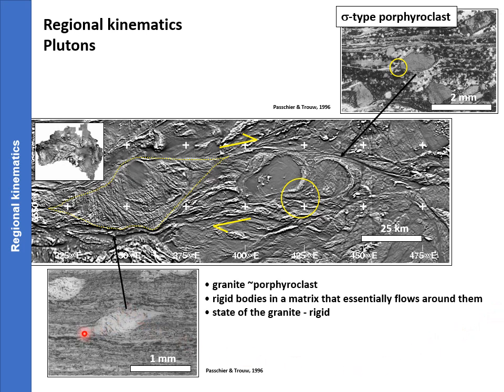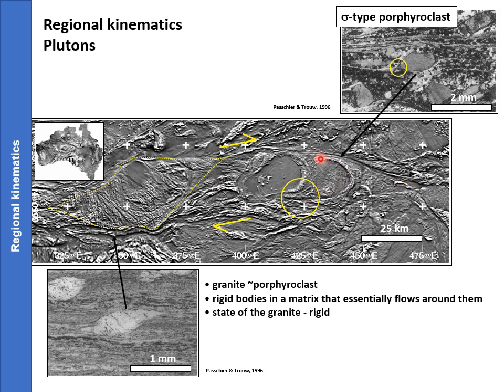Here's another example. Here's an asymmetrical porphyroclast in a shear zone, and here is a granite with almost identical patterns. And whilst the processes in which these deformations occur are very different, the patterns can still be interpreted the same way. So when the structural geologist would look at this pattern and say this is a dextral or right lateral shear zone in the view that we're looking at, you would also be able to use the shape of this granite to interpret the same response. Interestingly enough, this shear zone, which is called the Yerta shear zone, is exposed, and when we look at that exposure, it yields dextral movement sense as well.